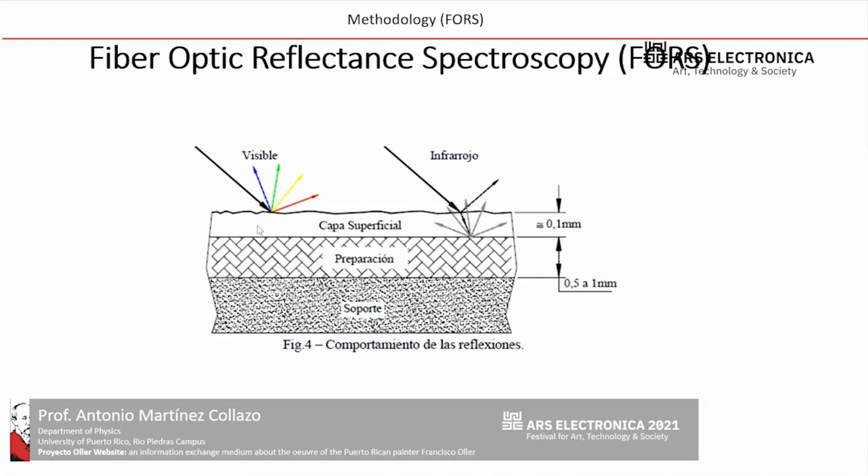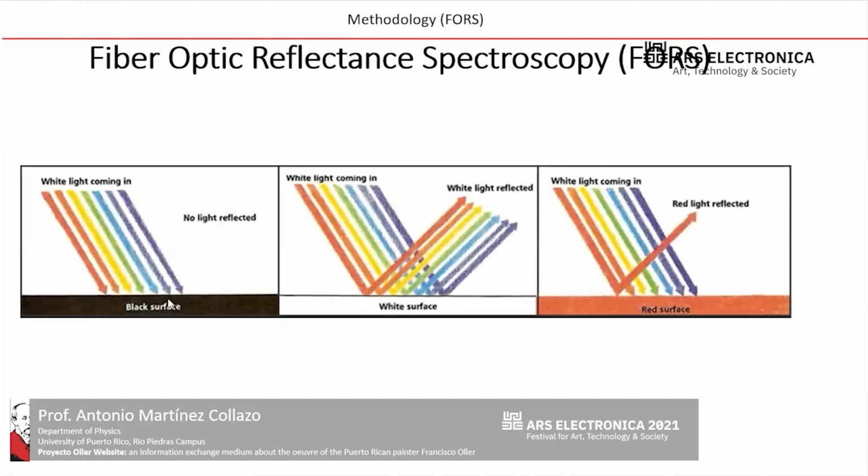Well, we shine light on the superficial layer of the painting, and this light interacts with the painting and is responsible for the image that we see. We can analyze this visible light in reflectance mode, which is what we take from the painting. This is a very simple caricature or illustration of some extreme elements of the reflection spectra,